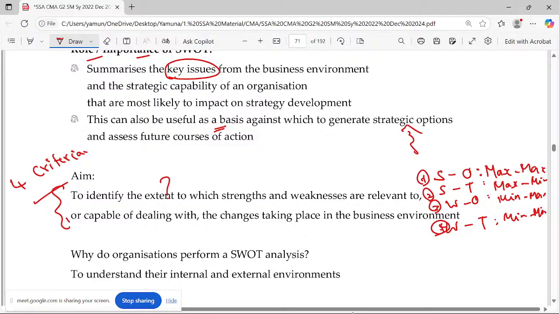minimize, win-win criteria. So that's why we call these strategic options. Which option will be suitable depends on the SWOT analysis. Actually, even though we have PESTLE and SWOT, the first analysis will be done as SWOT analysis only. For every company, there will be SWOT analysis.